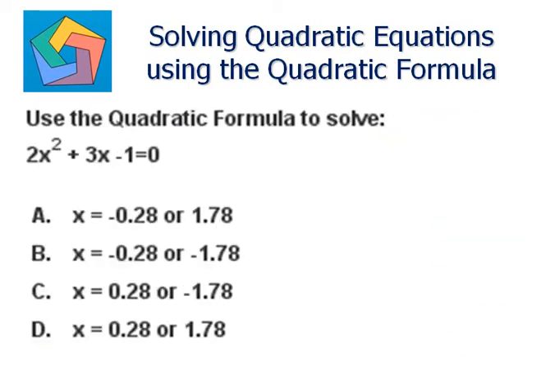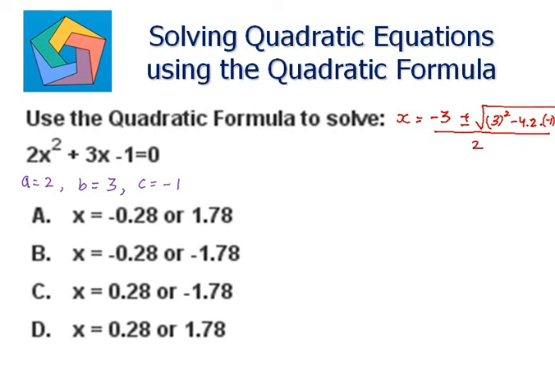Next problem. Use the quadratic formula to solve 2x squared plus 3x minus 1 is equal to 0. Now comparing this with ax squared plus bx plus c equals 0, we get a as 2, b as 3 and c as minus 1. Let's put this in the quadratic formula. I have x is equal to negative b, that's minus 3, plus minus square root of b squared, that's 3 squared, minus 4 times ac. 2 times c is minus 1, divided by 2 times a, that's 2,